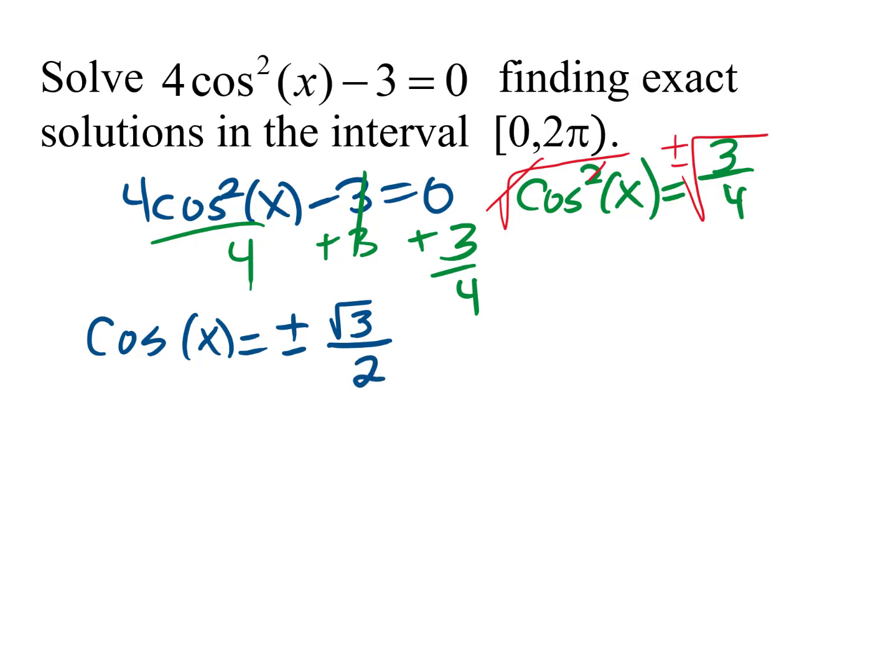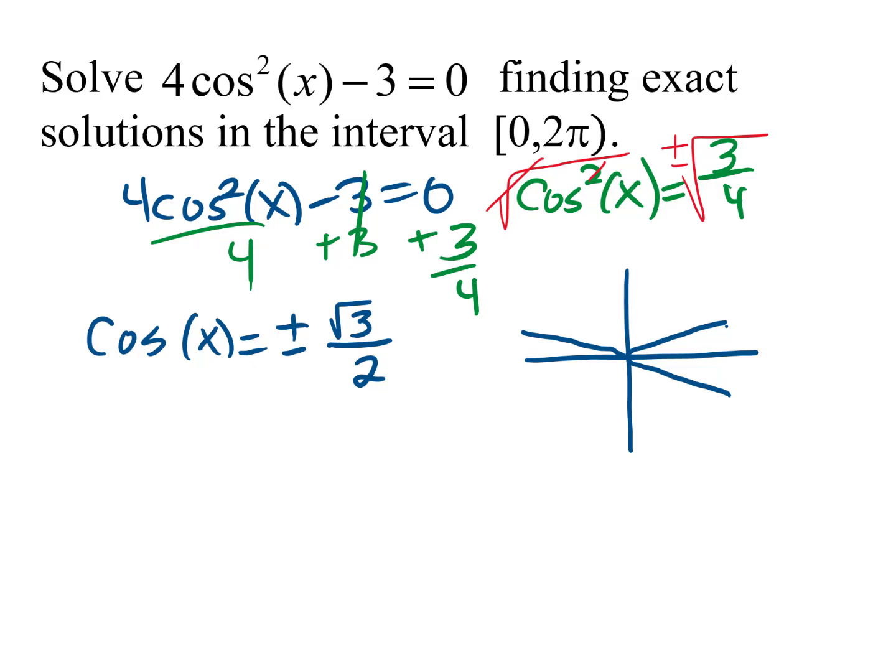Now that I've simplified that, I recognize that as a unit circle value. So I need to figure out where on the unit circle is a cosine value of square root 3 over 2 or negative square root 3 over 2. We know square root 3 over 2 would be in quadrant 1 and 4. This would be pi/6 and 11 pi/6, and then over here in quadrant 2 at 5 pi/6